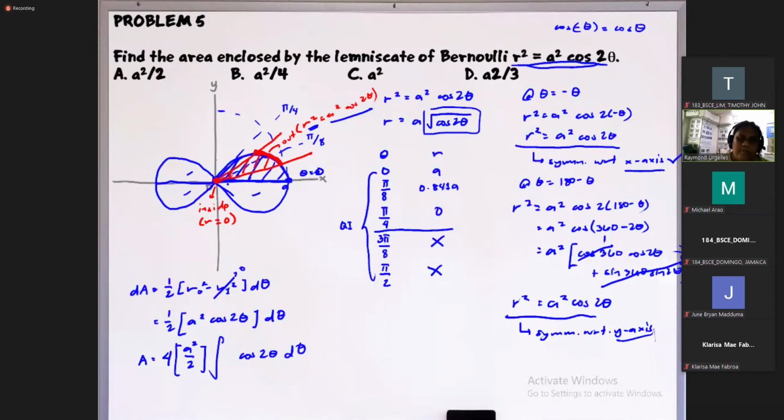Diba? So again, ano yung boundaries natin of integration? So from theta is 0 hanggang pi over 4 lang, kasi wala ka namang value dito. Diba? So kaya dito 0 to pi over 4 lang to. Okay? So again, if you solve this integration sa calculator, make sure naka-Regents mode kayo, para hindi kayo magkamali. Okay?